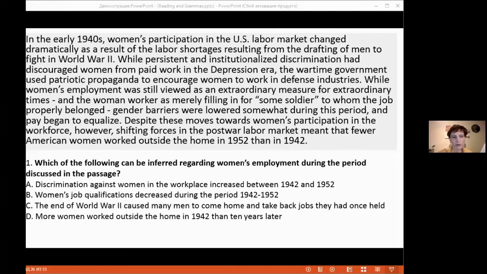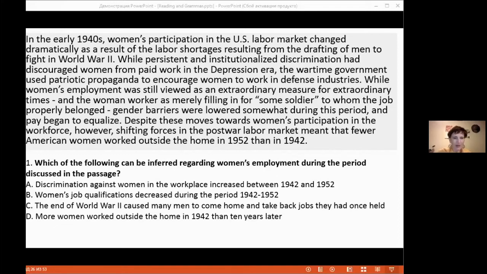Discrimination is not there at all. The same goes for option B. Again, we know that women were less employed, but we do not know what caused that, discrimination or the decreased job qualifications. The text doesn't point it out. Option C may seem, may attract our attention because,